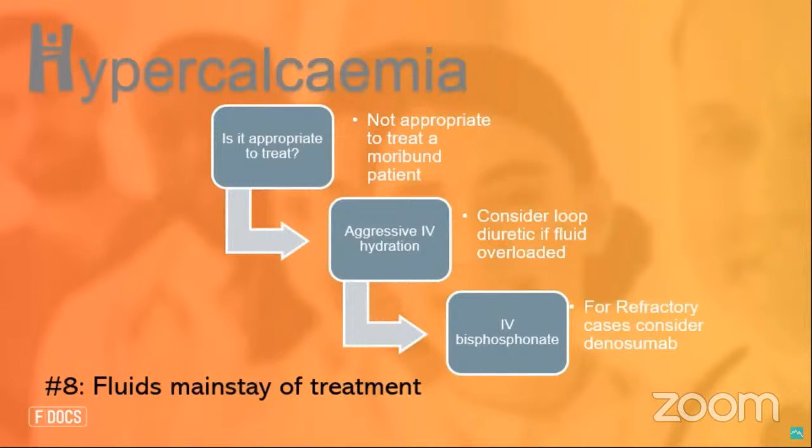Hypercalcemia is one of the few palliative care emergencies that we come across. It affects about 10% of patients with advanced cancer at one stage or the other, and it confers quite a poor prognosis for any patients that develop it. In fact, 80% of patients who develop hypercalcemia will have a prognosis of less than 1 year, even when that hypercalcemia is treated. It's most common in breast cancers, multiple myeloma, and squamous cell carcinomas.